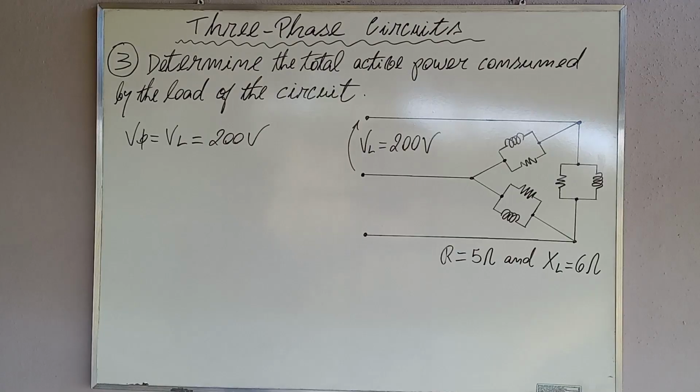Also remember that only resistors consume active power, whilst the reactances exchange reactive power with the source. Because the resistor and the reactance are in parallel, both elements are subjected to the same phase voltage. That is, the resistor is directly connected across the source voltage. Therefore, the voltage across the resistor is exactly 200 volts independent of the reactance. Since the voltage across the resistor is known, the active power